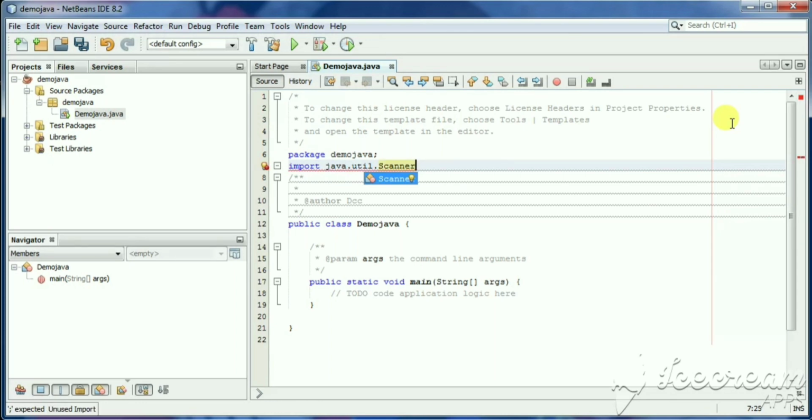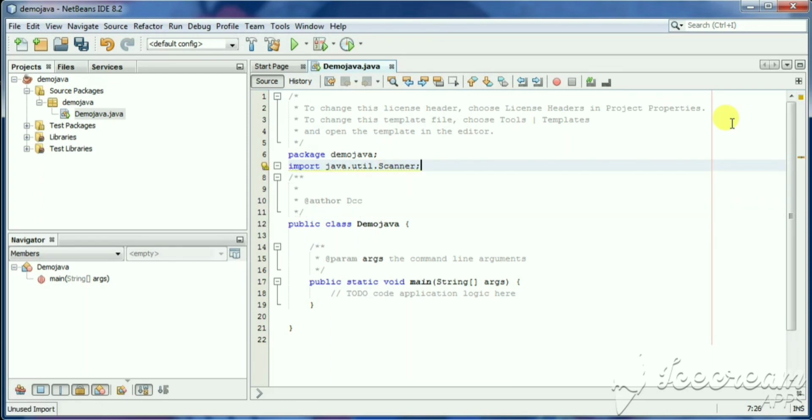You can select from the IntelliSense, or you can proceed with manual typing. By using this, we import the Scanner class. This Scanner class is basically used to help input any data into a program. So the import denotes that you are importing this Scanner class.